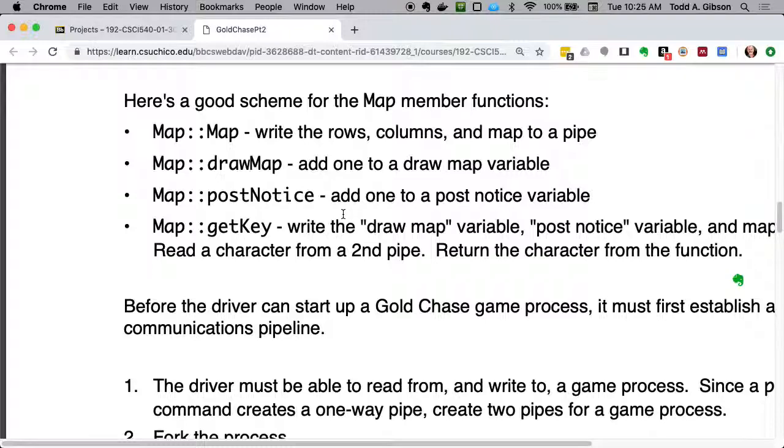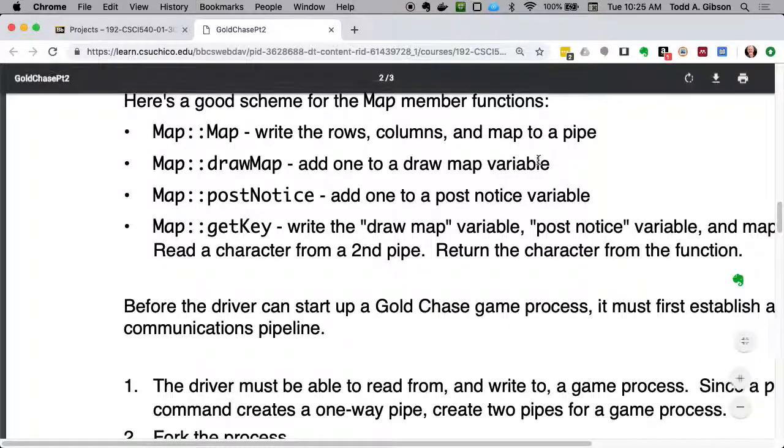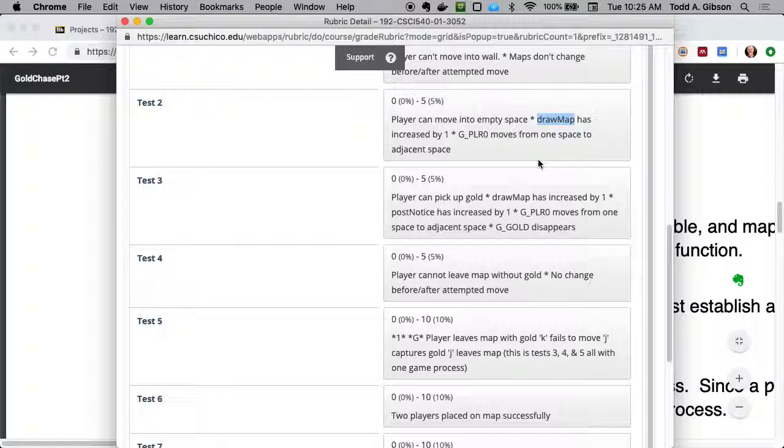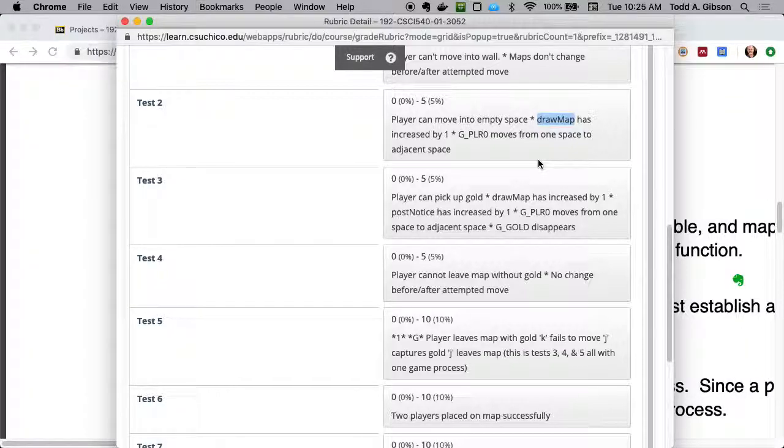And one more thing, map component draw map. It says add one to a draw map variable. In the rubric, it says that the draw map variable should increase by 1 times player 0. Is that a multiplication operator, the asterisk in the rubric? No, this is